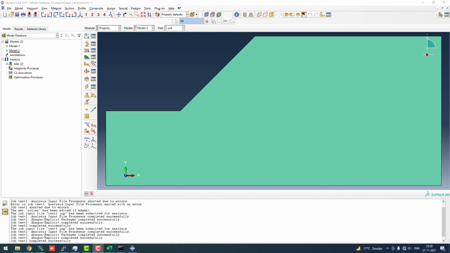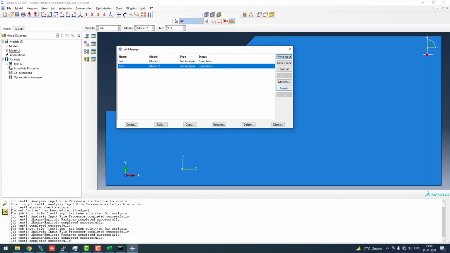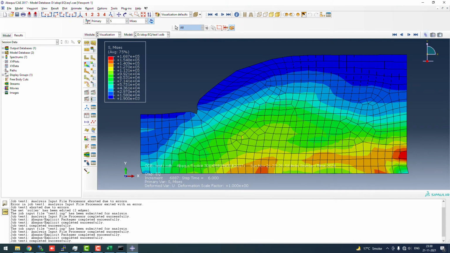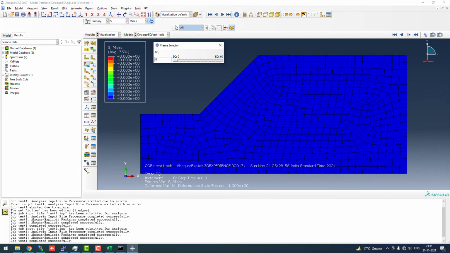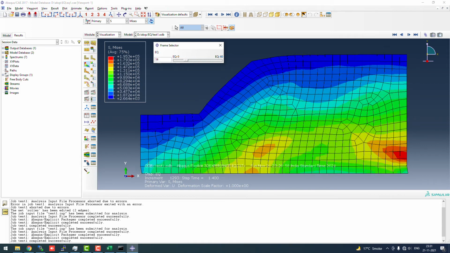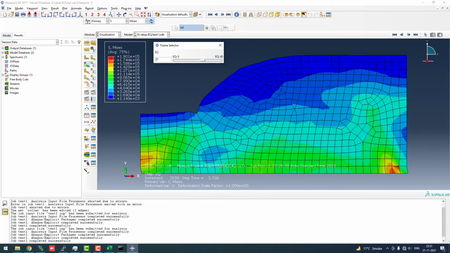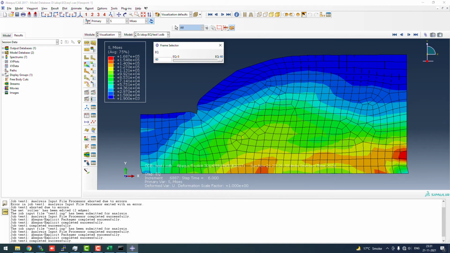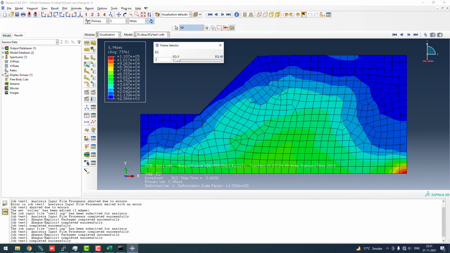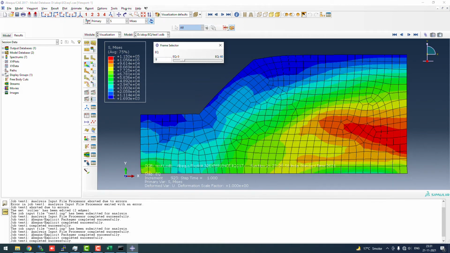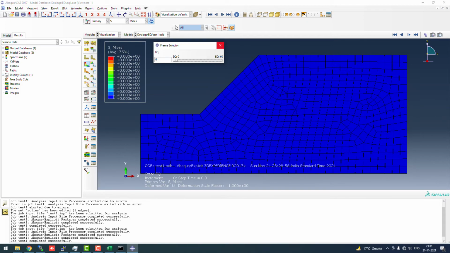Hello and welcome to this tutorial in which we'll see how we can perform an earthquake loading. So let me show you what we are looking at. We will be applying an earthquake acceleration, or seismic acceleration, at the bottom surface of this model, which initially looked like this. But after we have applied the earthquake acceleration, as you can see, it has been slightly moving in the directions. So this earthquake acceleration will basically try to cause the failure of this embankment or slope. So let us start.